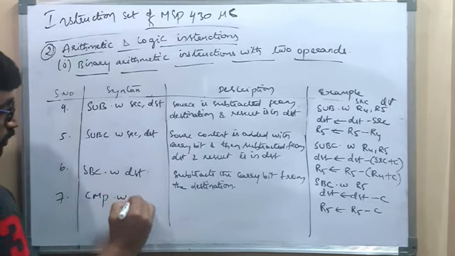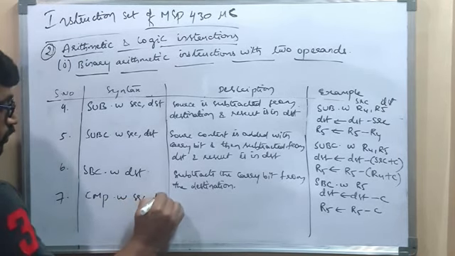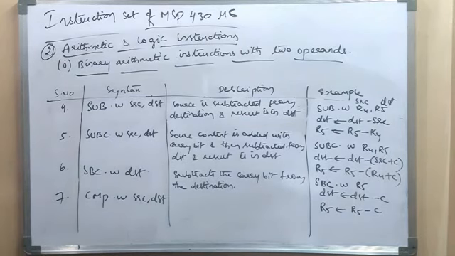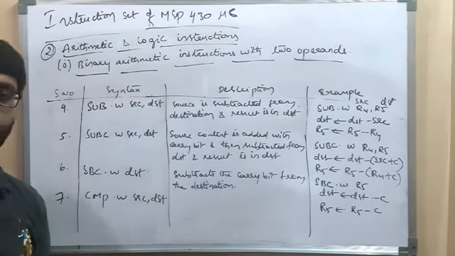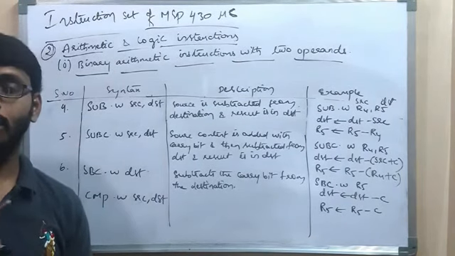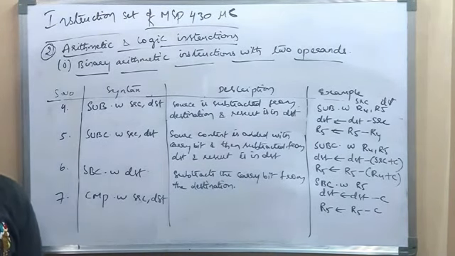What is the difference between compare and subtraction instruction? Very important question for 2 marks. So when compare instruction is executed, the source content is subtracted from destination and result is not stored anywhere. Only flag bits are affected. In case of subtraction, source content is subtracted from destination and result is stored in destination. And also flag bits are affected. In case of compare instruction, subtraction of source from destination is carried out and result is not stored anywhere. Only flag bits are affected.